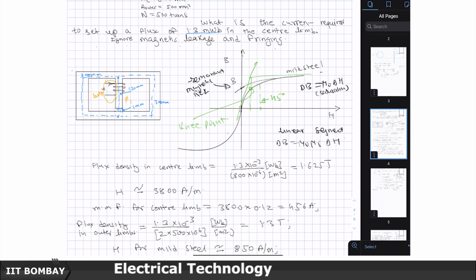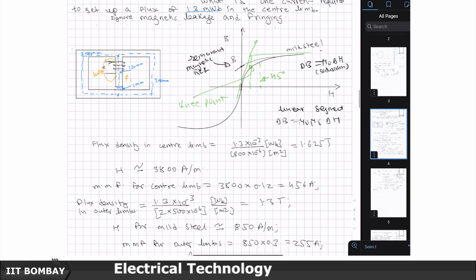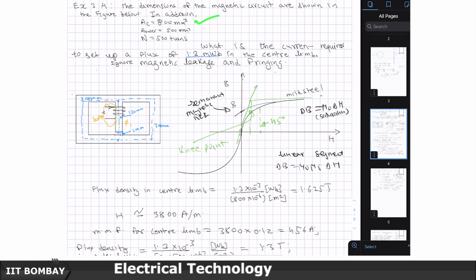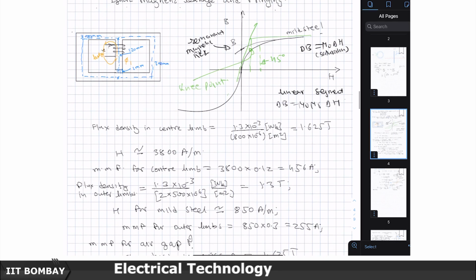Okay. Now, let us come back to this example. So, the flux that I want in the central limb is 1.3 into 10 to the power minus 3 Weber. Area of cross section of this central core is 800 mm square, so 800 into 10 to the power minus 6. So, actually I want a flux density of 1.625 Tesla. Now, you have to go to the manufacturer sheet and say, okay, this is the B that I want, then what is the H that I would require? You have to read it from that sheet,